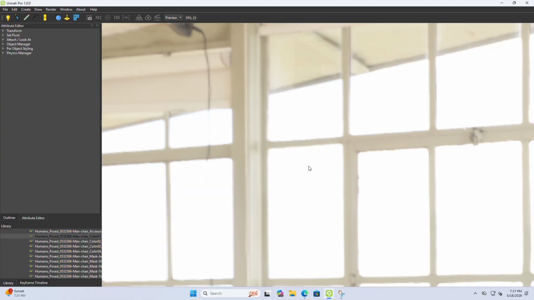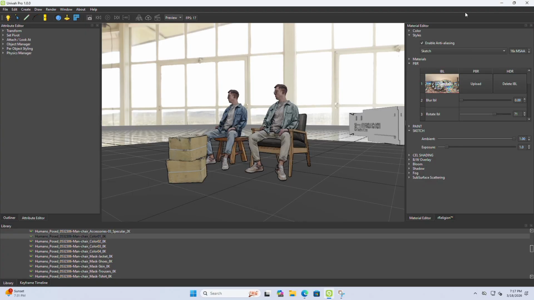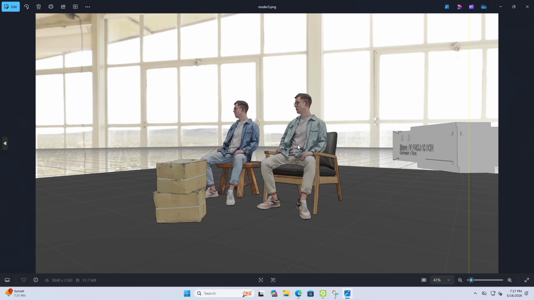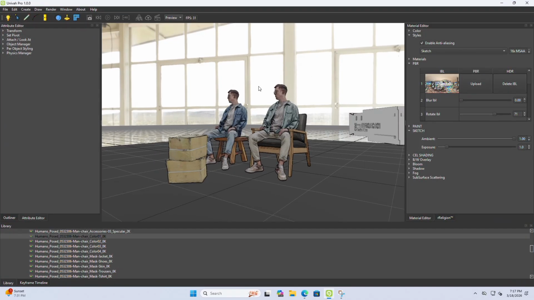So I wanted you to see that. The exposure in PBR affects only PBR. When you switch to sketch, sketch will not have the same exposure. So you see this looks so much better. This is much brighter than the other image, this one. This one, brighter, looks better, looks like a Nickelodeon film. It's amazing. So these are some techniques that I'm teaching you how to get the best out of the Univah